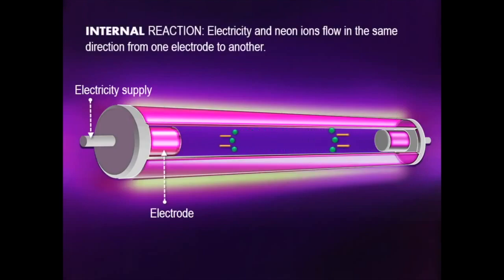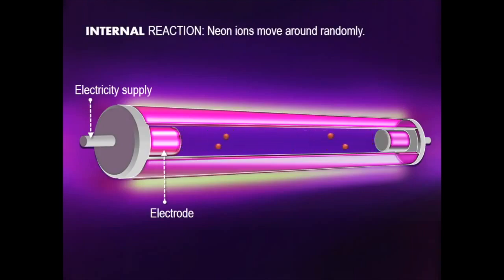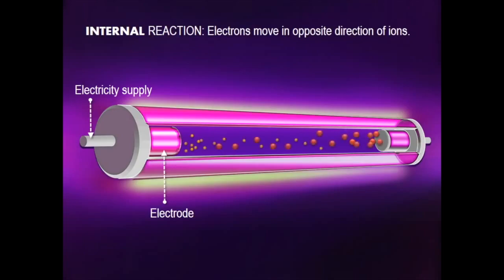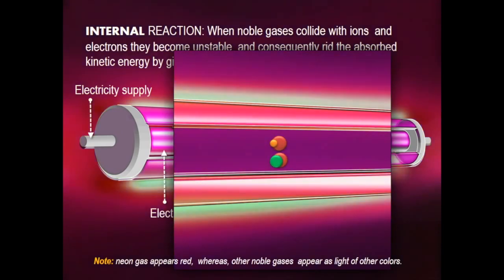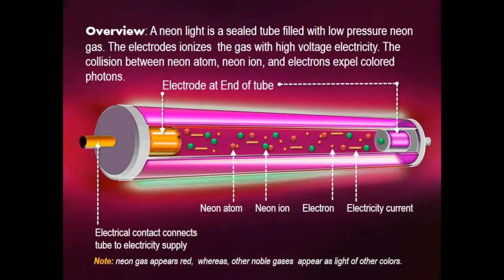The electricity and the neon ions flow in the same direction from one electrode to another. The neon ions move around very randomly, and the electrons move in the opposite direction of the ions. So, when noble gases collide with ions and electrons, they become unstable, and consequently rid the absorbed kinetic energy by giving off photons. So when we have this collision between neon atoms, neon ions, and electrons, they expel colored photons, which create this